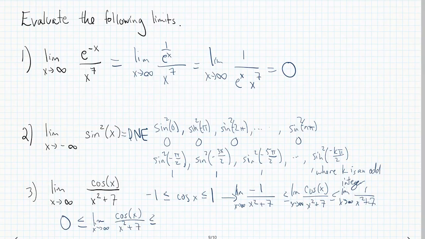And that thing's less than or equal to, notice when we go 1 over x squared plus 7 as x goes to infinity, that's equal to 0 as well on the right hand side. So this means our limit as x approaches infinity of cosine x over x squared plus 7 equals 0,